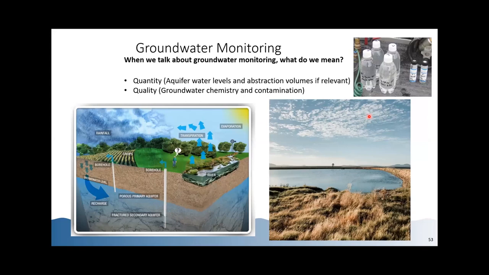When we talk about monitoring, what do we mean? And that's a good question, because there are different quantities or parameters that we need to monitor. If I draw your attention to the hydrological cycle in the bottom left here, we've got 2 boreholes abstracting groundwater for agricultural irrigation. Often when we talk about monitoring, the assumption is that we're talking about volume, the volume that is pumped out. And yes, that's often the volume that's reported in terms of compliance, or potentially, I saw we